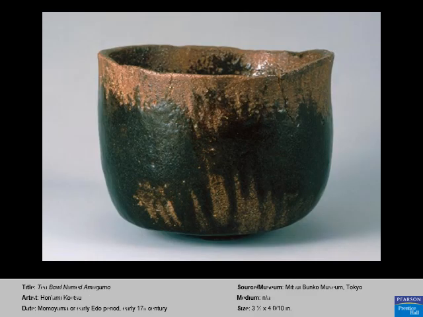First, we see the tea bowl named Amagumo by Kotsu, a Japanese ceramicist from the early 17th century, and this is an example of a slab constructed vessel. The clay is rolled out flat, kind of like a pie crust. You cut a shape, then you shape it by hand and kind of pinch the clay bits together until you